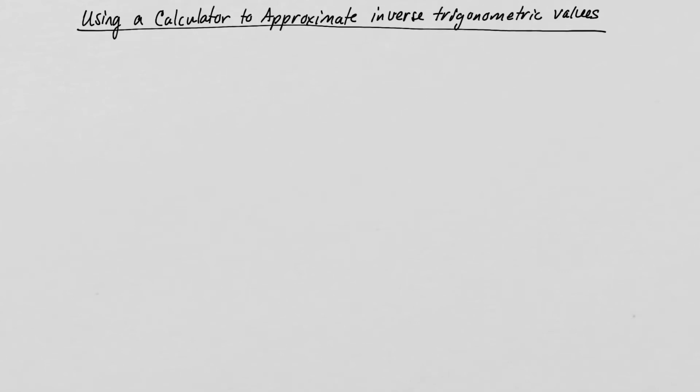So in this video, I just want to talk a little bit about how you could use a calculator to approximate an inverse trig value. So the first thing is that your calculator has buttons for inverse cosine, inverse sine, and inverse tangent. So those exist. So for example, if we were asked to find A, the inverse cosine of negative 0.37,